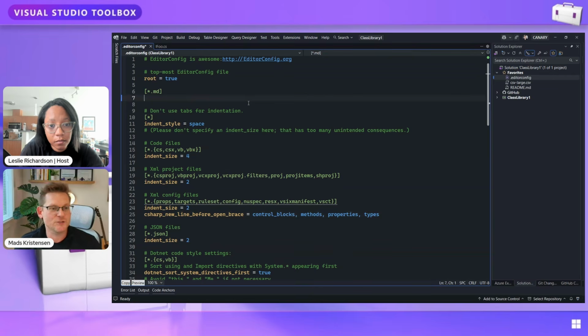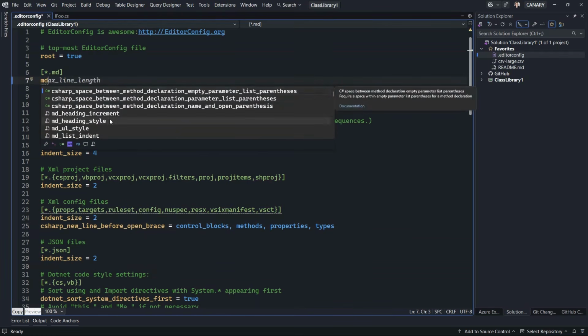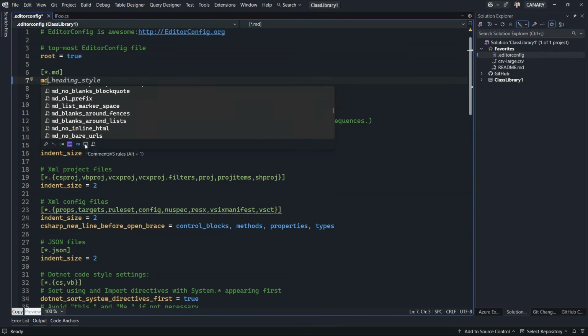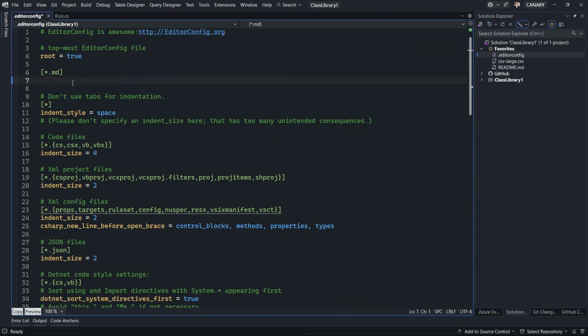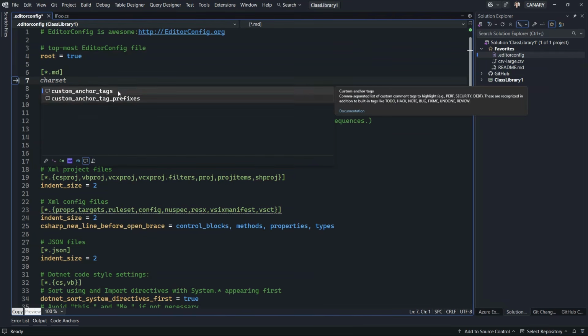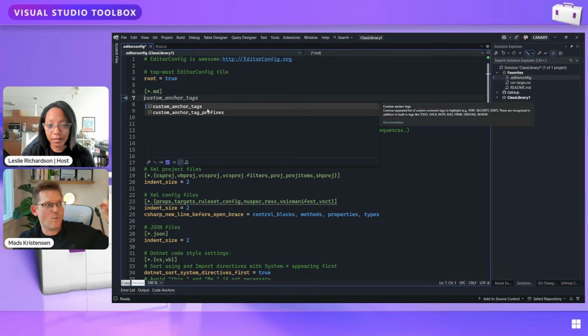And what's really cool is that it's also extendable. I'm going to show you something a little bit later, but for instance, you can have things like this, which are some Markdown-specific things. Visual Studio doesn't ship with any analyzer rules for Markdown. This is provided by a different extension that I'm going to show you in a bit. Even the comment studio we just saw provides a few of these properties from my EditorConfig. So this is one extension extending another extension. Right. It's kind of cool. That's cool. And any extension can do that.